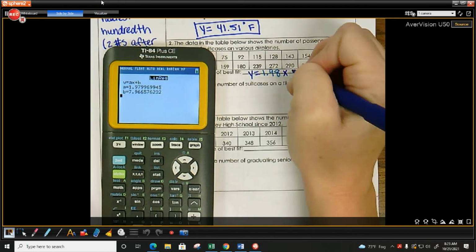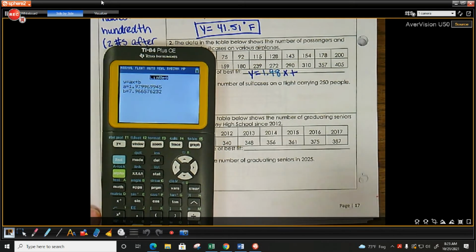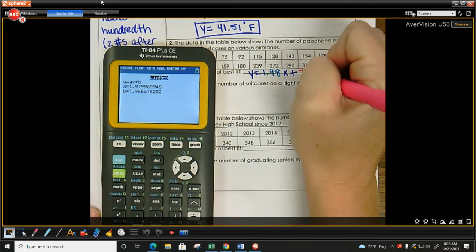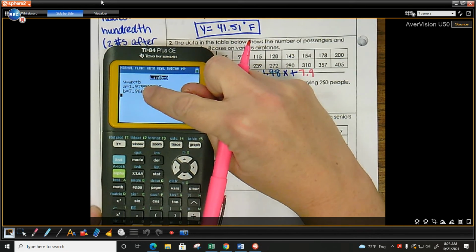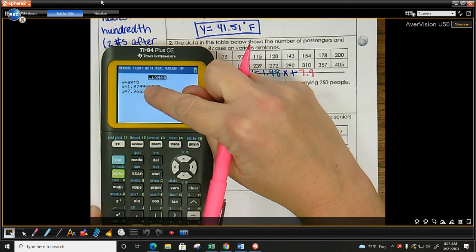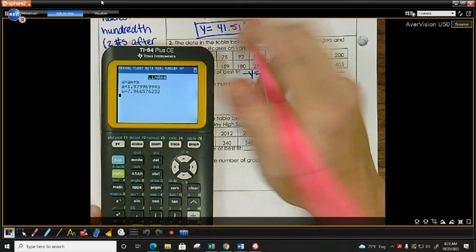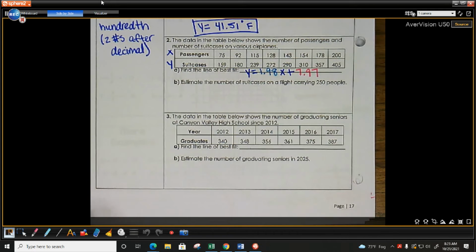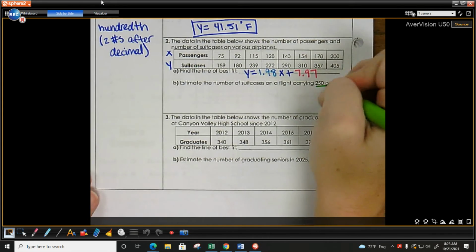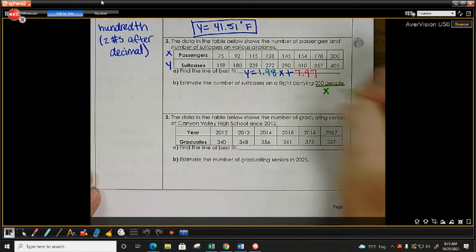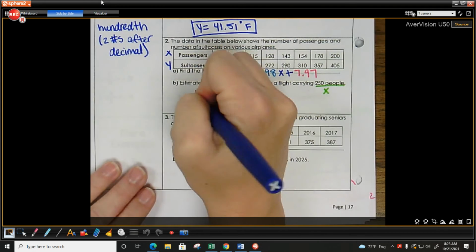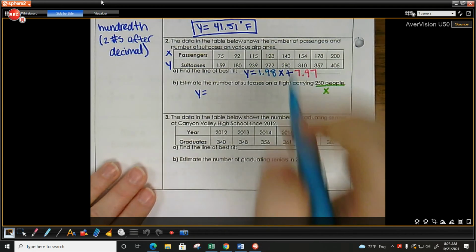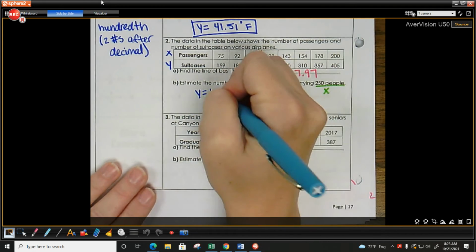X plus, my B is 7.9. Does a 6 round a 6 up? So it becomes 7.97. Okay, now we're going to make a prediction of 250 people. Is that your X or your Y? That's your X. So I'm going to do Y equals 1.98